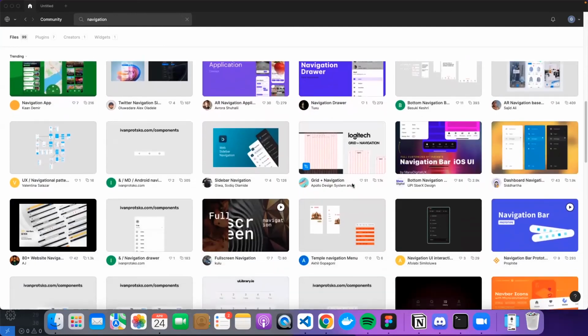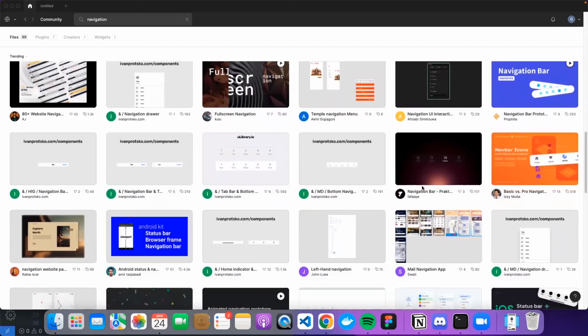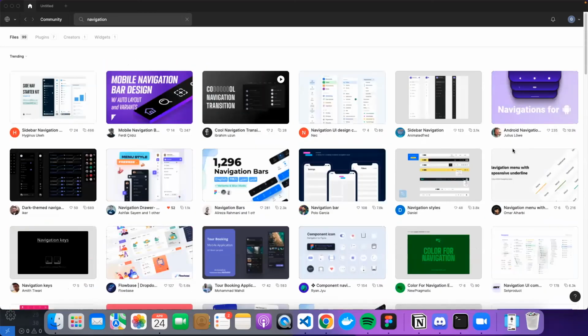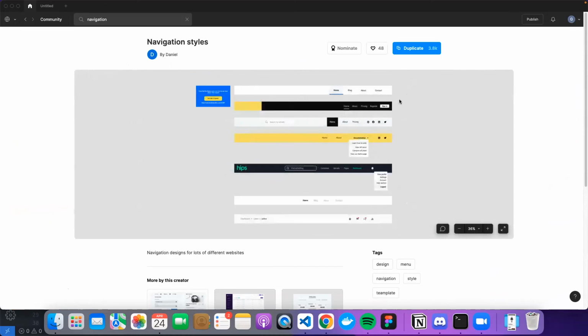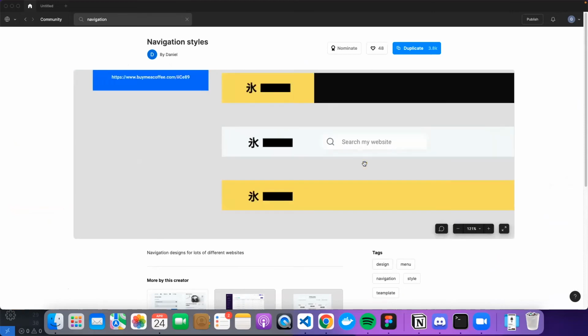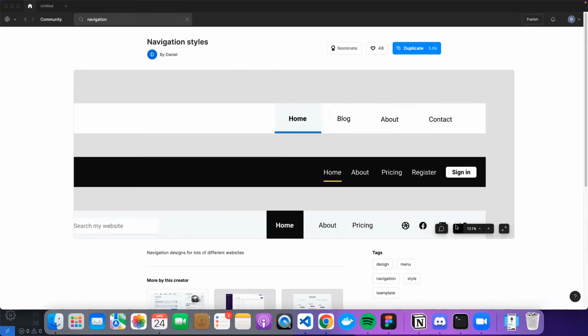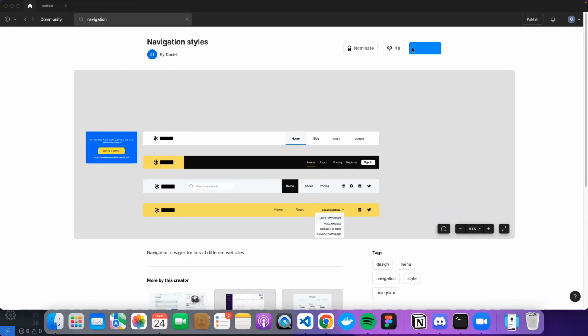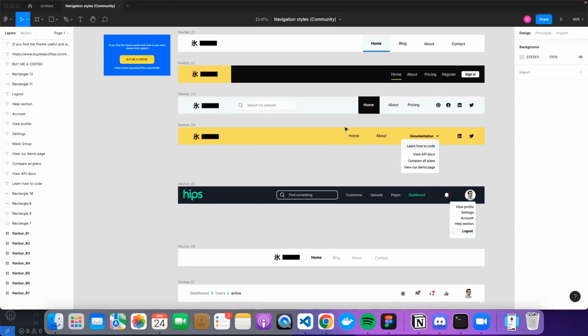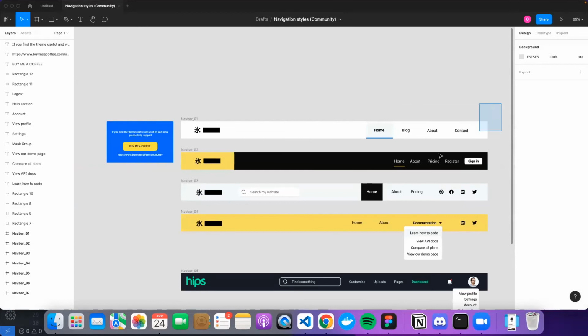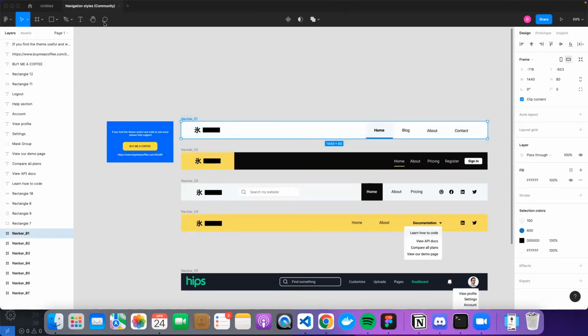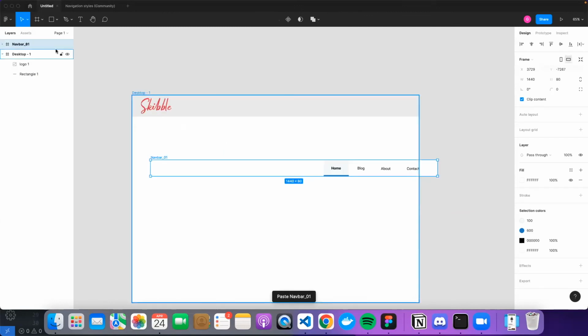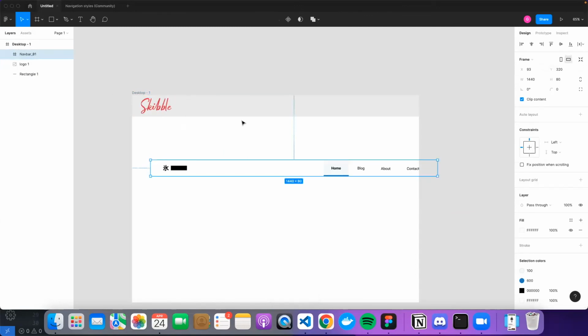I'm just trying to find something that fits my need. I don't want to start from scratch. So I think this is looking good. Now you can zoom in a bit and see if the navigation is fine. This navigation design is looking good, so I will duplicate this. And then I get to see that Figma file. See, it's that simple. Now I can copy everything, come to this file and paste it here and remove this